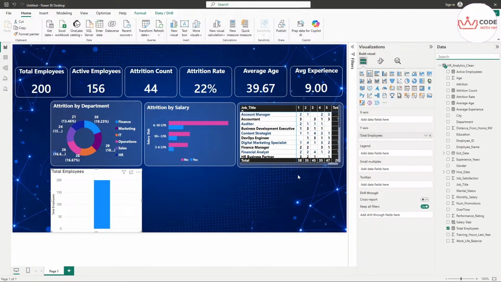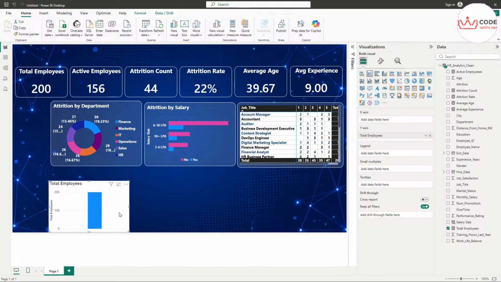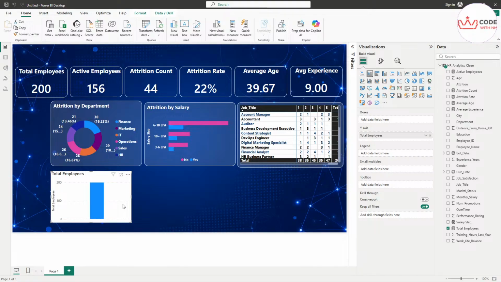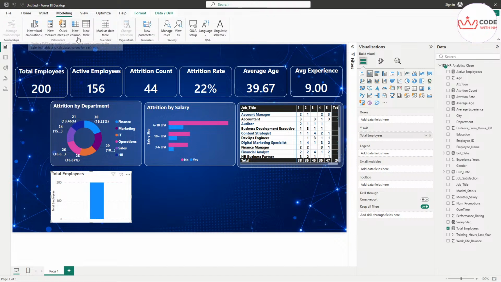Now, why is it important to create an age group? We can't just directly show the age of each and every employee. The stakeholders are interested in, for example, out of 200, how many young employees we have. Young means between 26 to 35. So it should speak through this chart itself. So let's first create a new column, because each and everyone has their own different age. So let's again go to the modeling, click on the new column,